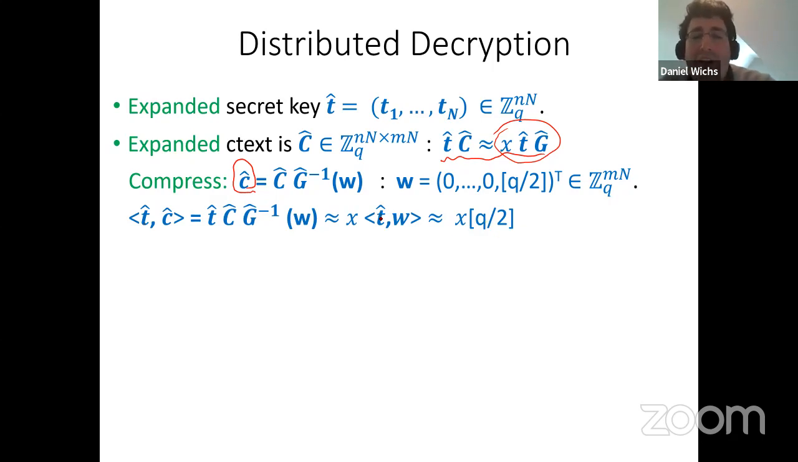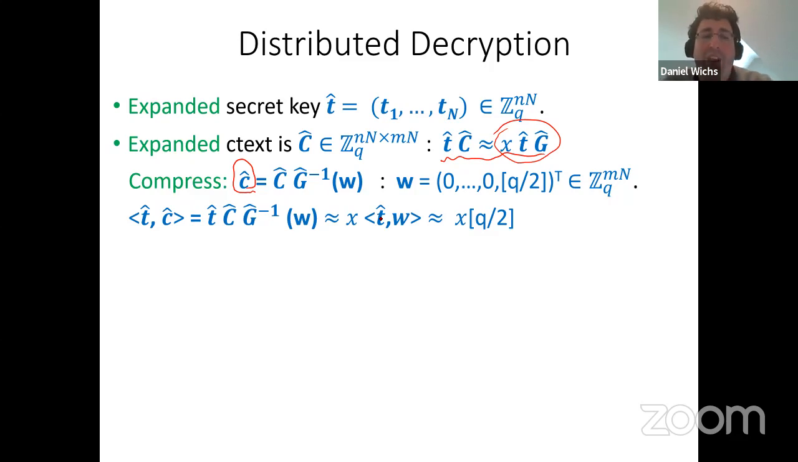So this relies on the fact that T hat has a 1 in the very last component, so T hat times W is just Q over 2. The inner product of T hat and W is just Q over 2. Okay, so now I compress down this big expanded ciphertext into some long vector C hat, and my entire decryption